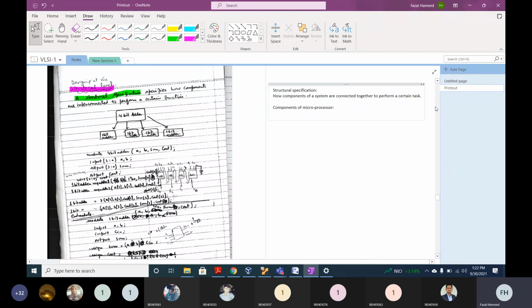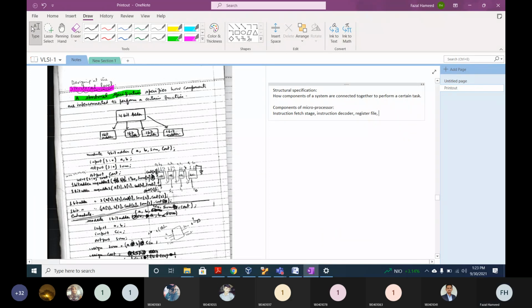So we have an instruction fetch stage, if you remember. Instruction decoder. We had different types of registers, the register file. Buses are the interconnect. Buses tell you how different components are interconnected. Now we are talking about the components of the microprocessor, not the buses. Buses are used to connect different components.